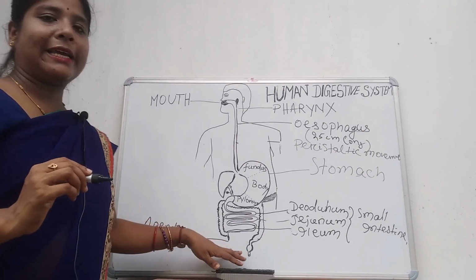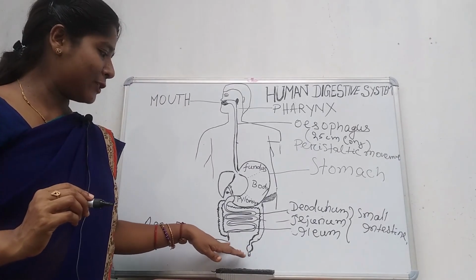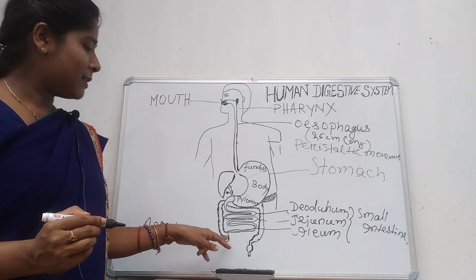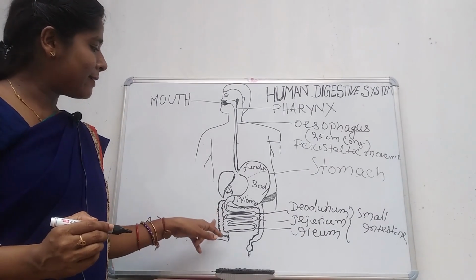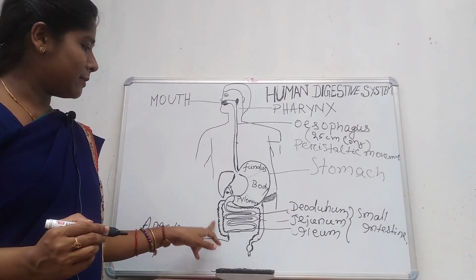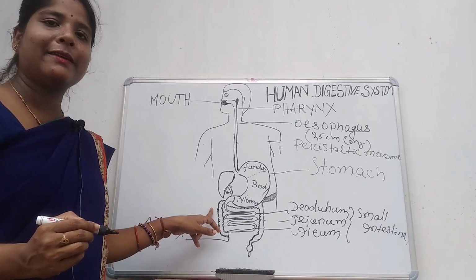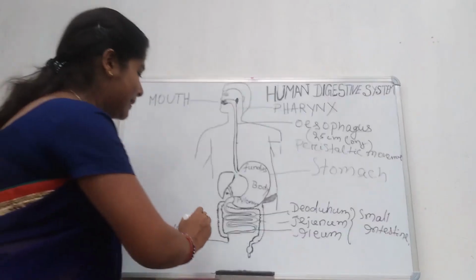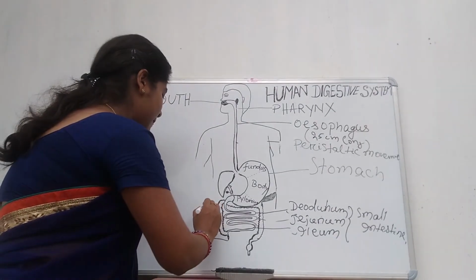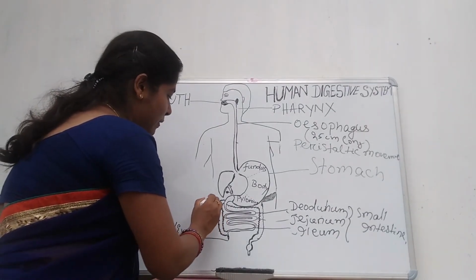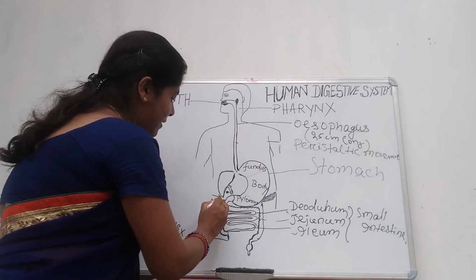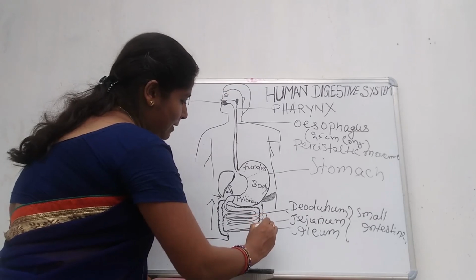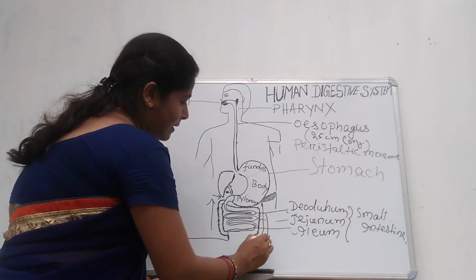This finger-like projection or finger-like structure is called the appendix. Next, this part of the large intestine is called the ascending colon. Next, the transverse colon, and this is the descending colon, and here